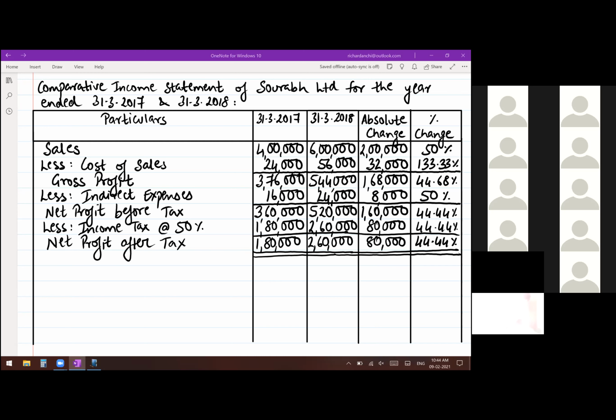Starting with incomes on top and keep reducing all your expenses. Firstly, direct expenses to be deducted, then all indirect expenses. You're going in the process of the same way how you used to solve final accounts. First close trading, get gross profit, then close profit and loss account and get net profit. Here one additional thing was there, and that is calculation of tax. So whatever you get net profit, call that before tax, then calculate tax, and you get finally net profit after tax. That is your final answer.